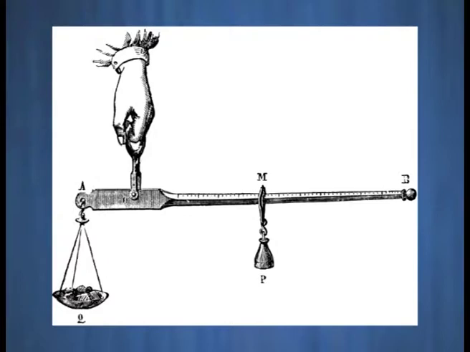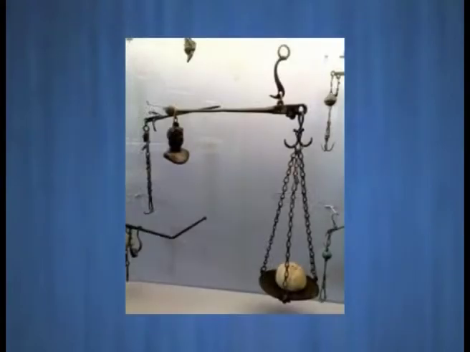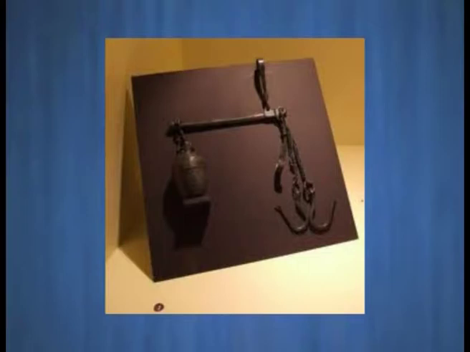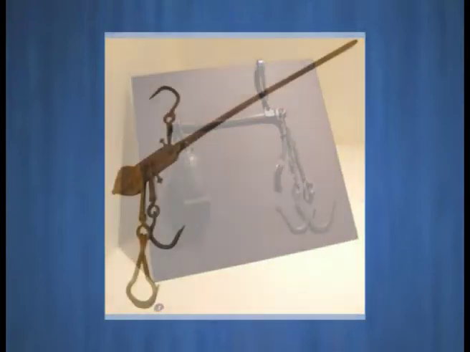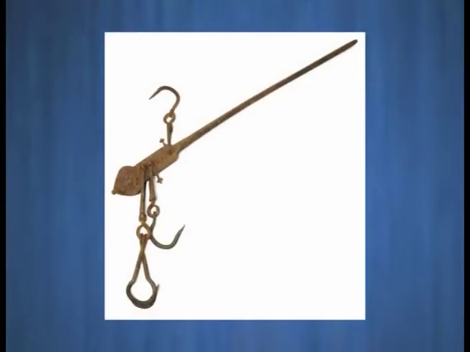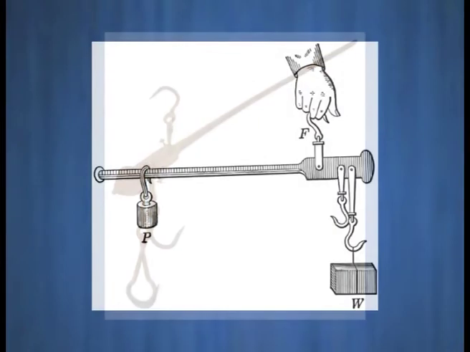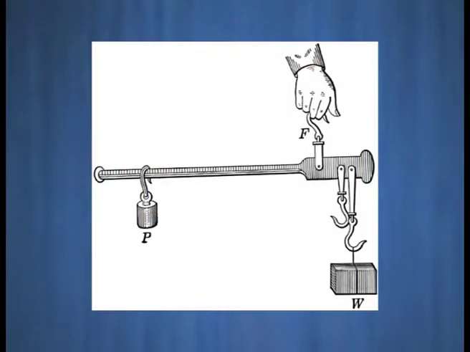The two parts of the beam which flank the pivot are the arms. The arm from which the object to be weighed, that is the load, is hung is short and is located close to the pivot point. The other arm is longer, is graduated, and incorporates a counterweight which can be moved along the arm until the two arms are balanced about the pivot, at which time the weight of the load is indicated by the position